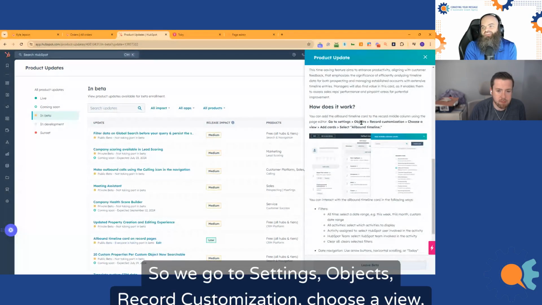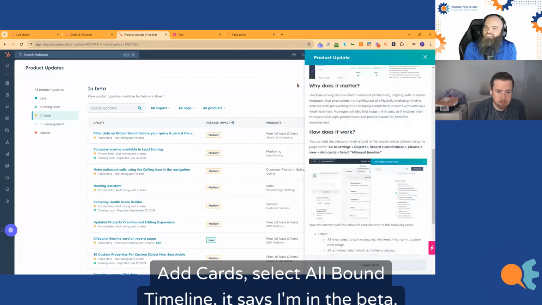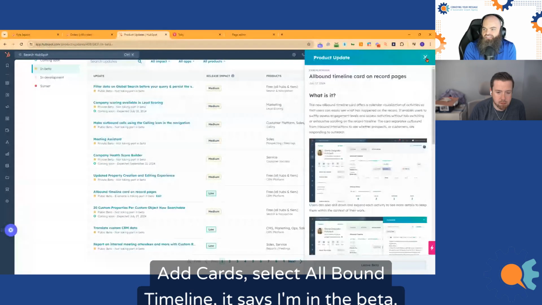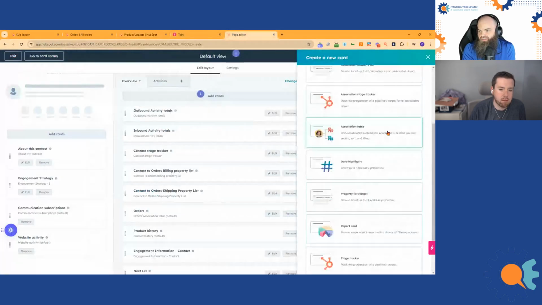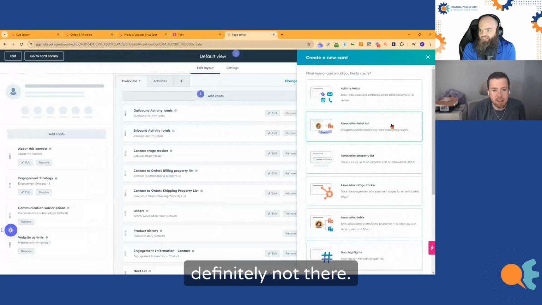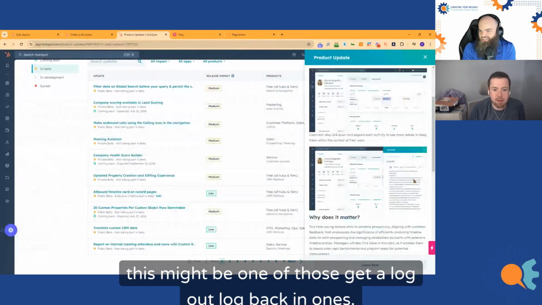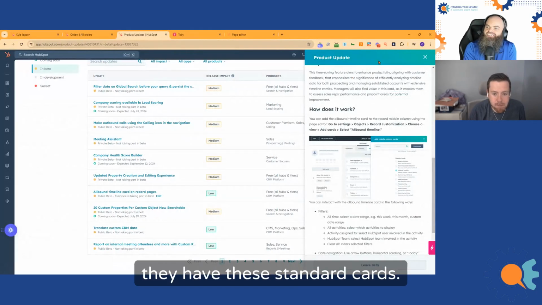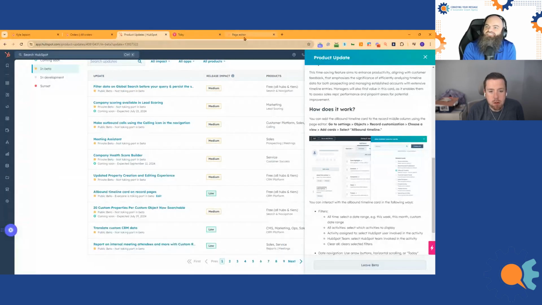So we go to settings, objects, record customization, choose a view, add cards, select all bound timeline. And it says I'm in the beta page editor. It's definitely not there. I've had this happen before. Sometimes this might be one of those log back in ones. Yep, that's happened to me before. Darn cookies. But they have these standard cards. See, I'm not supposed to make a new card. It looks like it's a standard card. So